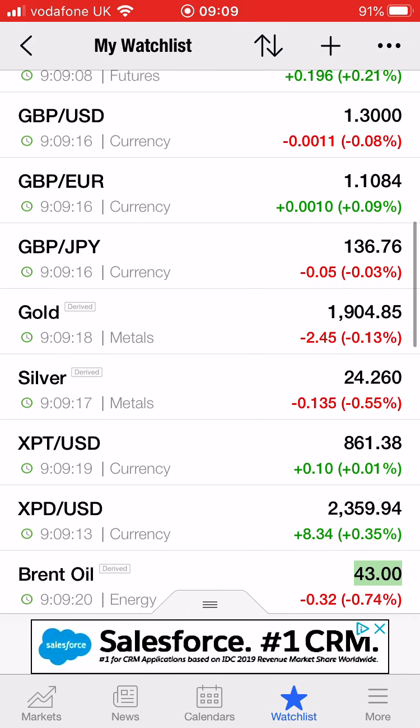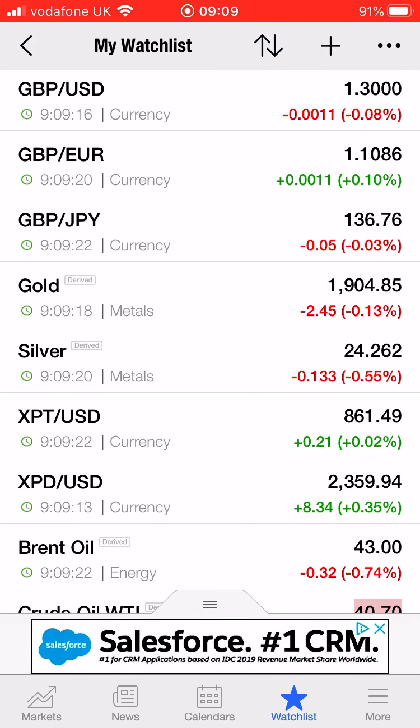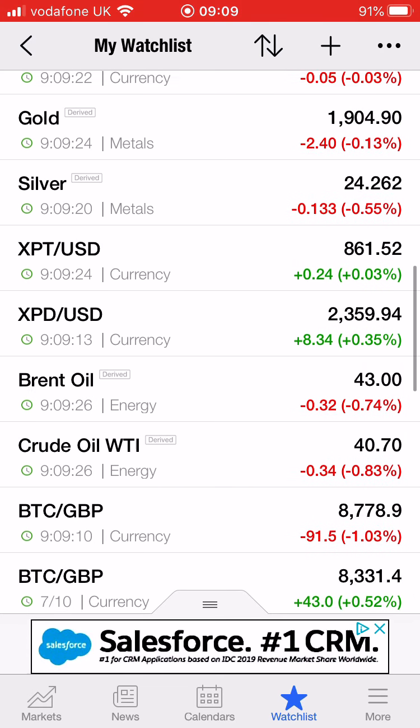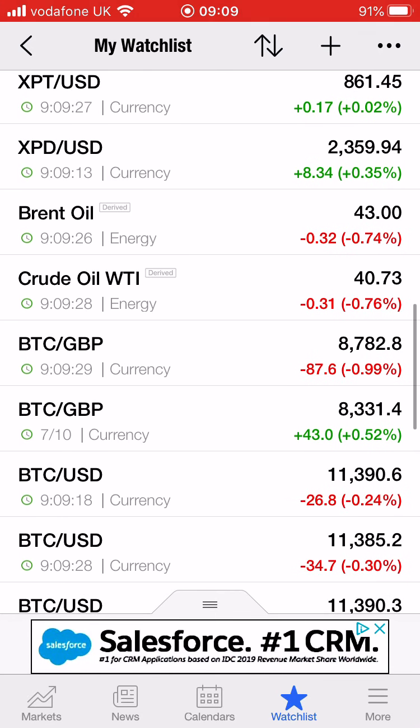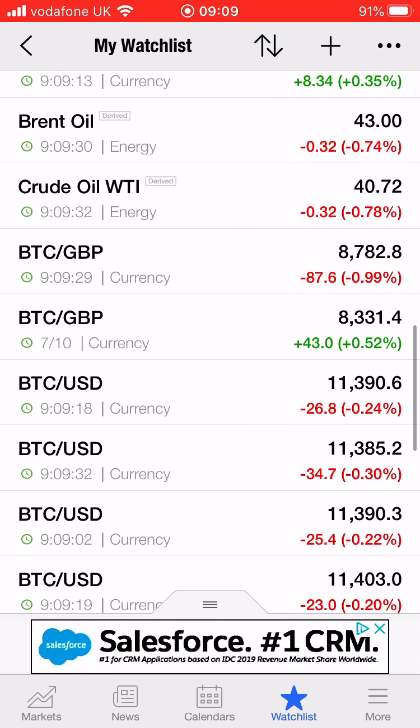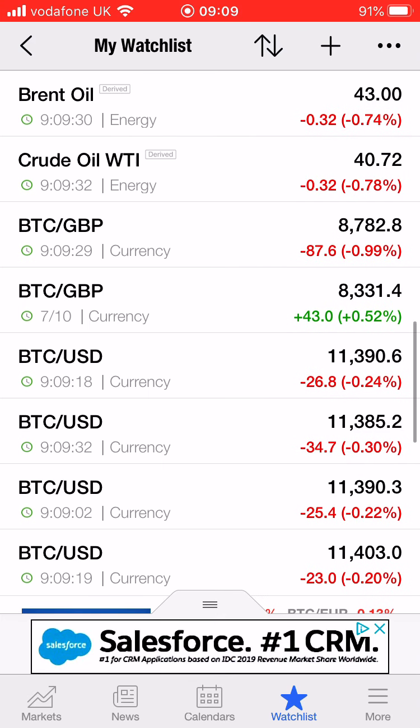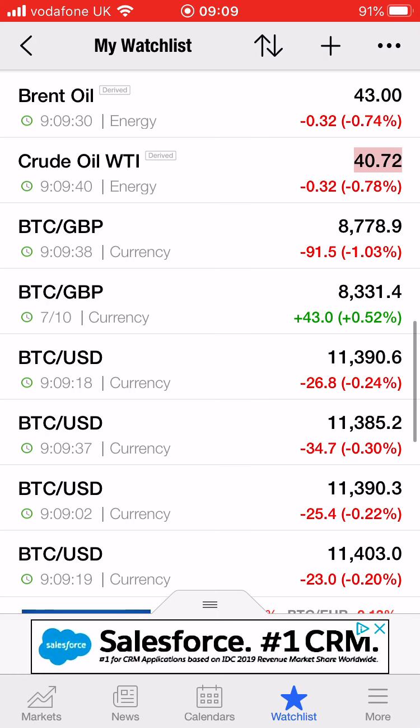And I keep the currency conversions on there just to see whether I'm being impacted by the pound. Keep gold and silver on there, and then that's platinum and palladium. You can keep the oil price on there just to see what's happening. It affects more than just oil companies. I'm invested in Shell, but this does affect a lot of companies. My gold mining shares, their biggest expense really is oil, so that's good to